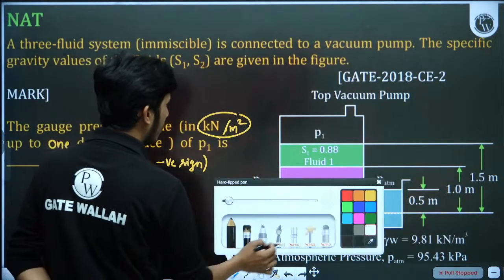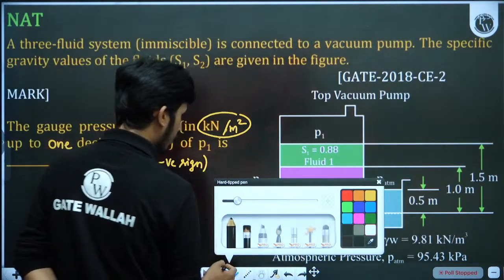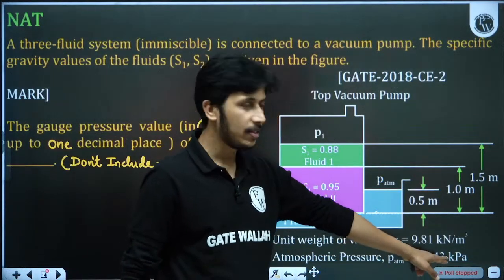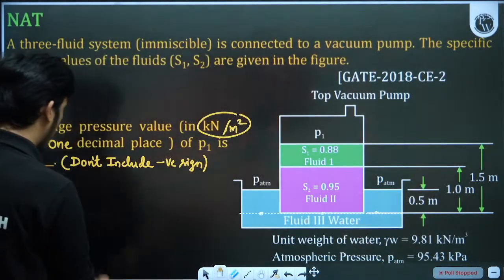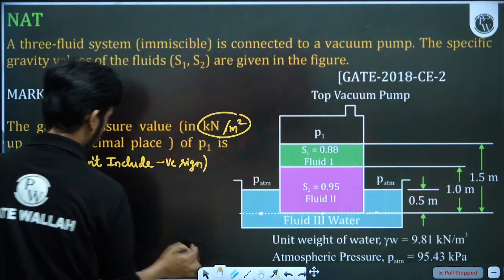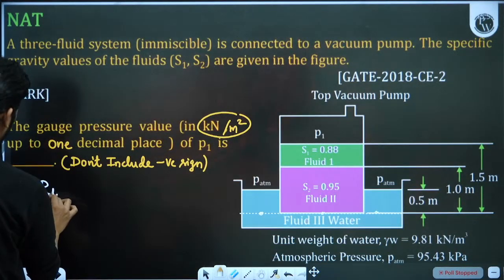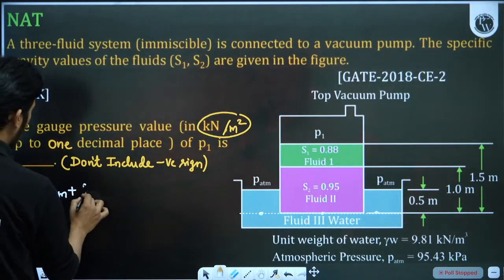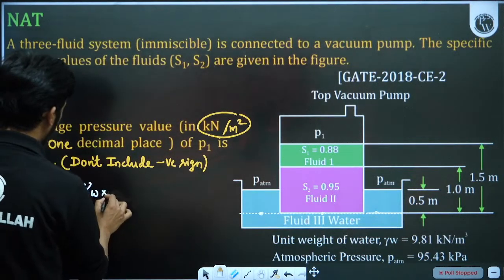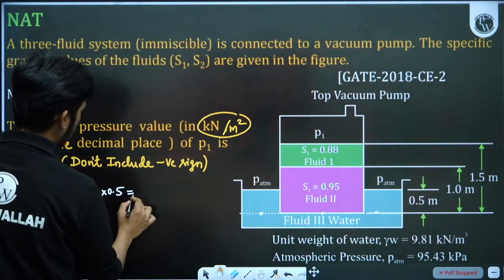Atmospheric pressure is given here, 95.43. So PATM plus gamma W, gamma of water, into the height, which is 0.5, into 0.5